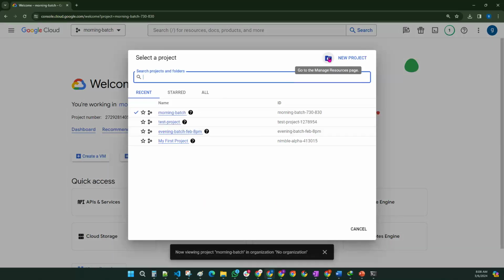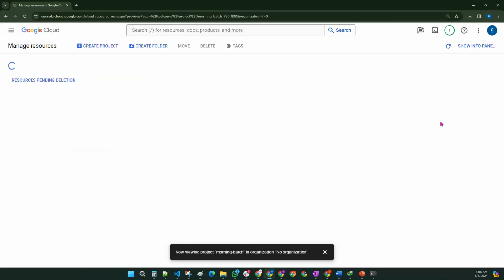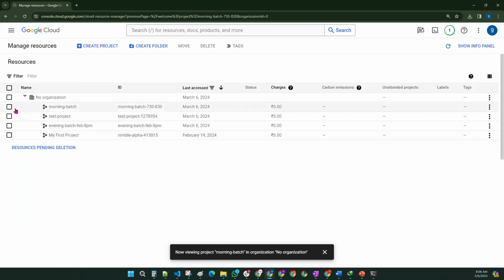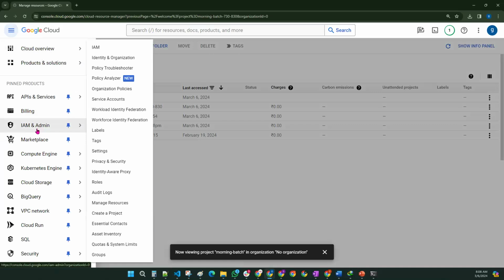You can click on the settings button. To create the new project, you can click on new project. If you wanted to rename it or delete the project, you can click on the settings button. Okay, if you wanted to delete it, you can just click on it and click on delete. If you wanted to delete one more project, you are able to delete it. So if you wanted to delete the projects also, you can delete the projects. Okay. So if you wanted to rename the projects,